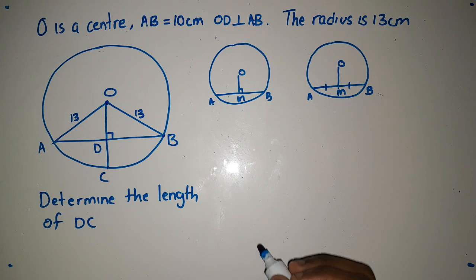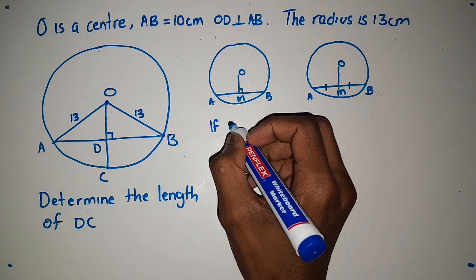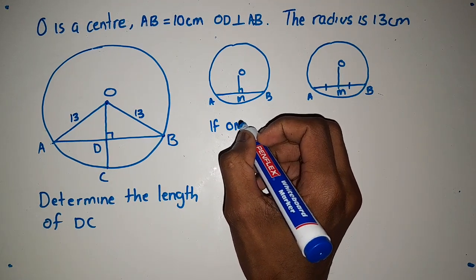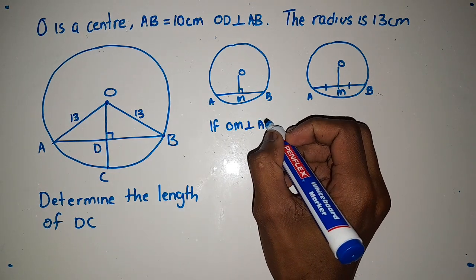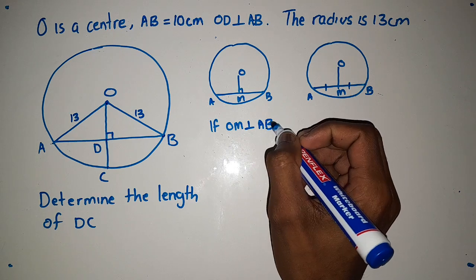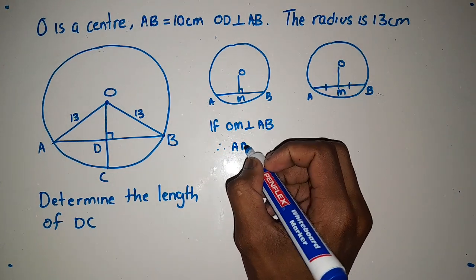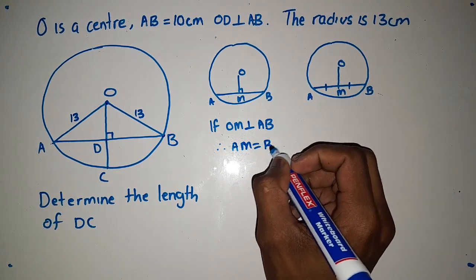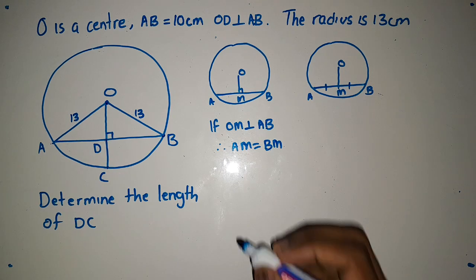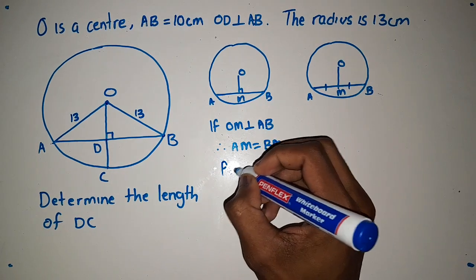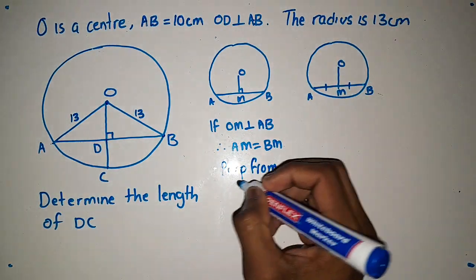You just need to know if now we have a case like this where OM is perpendicular to AB. Therefore, AM is going to be equal to BM. Then the reason that we normally use is this one. Perpendicular from center